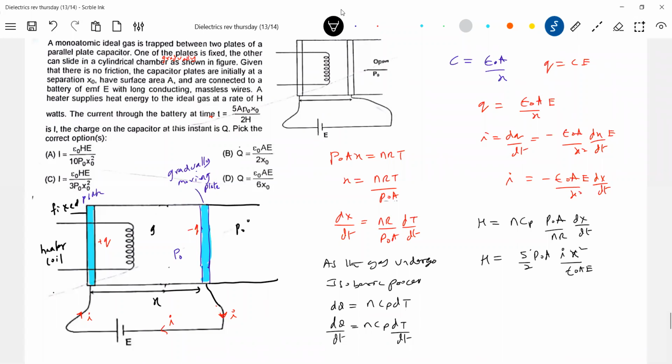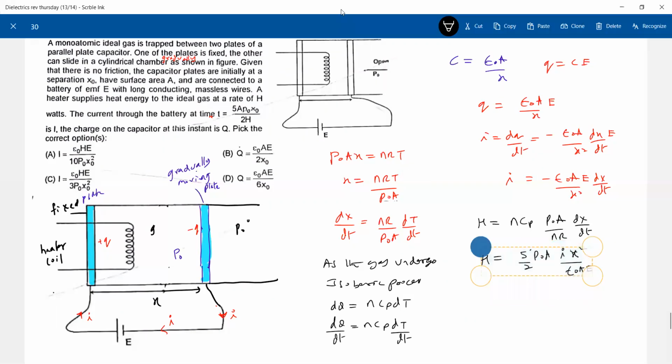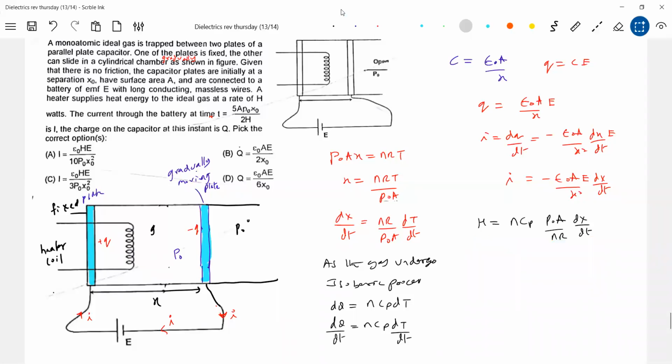Okay, I'll do one thing. This is dx by dt. I'll bring it later on. Sir, let me finish off. In the end, you can ask. So dx by dt will be 5 P naught A by 2 dx by dt equals H. So dx is equal to 2H by 5 P naught A into dt. He has asked the time, so this will be